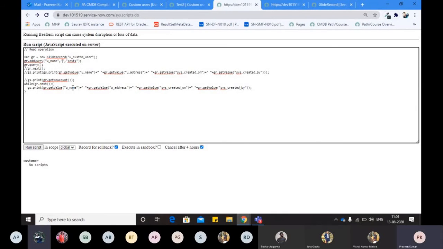Hi Parvez, I have a small doubt. Sunil this side. After applying a filter, we are getting only one row, that was test1. So after applying the filter, if we apply get row count, how many rows will we get, 1 or 3? Yes, you will receive 1, not 3.